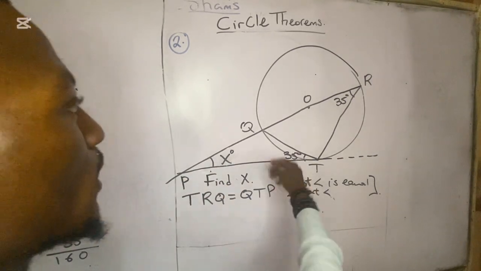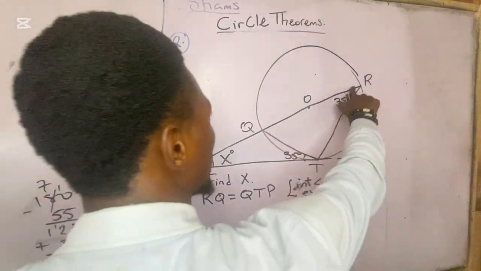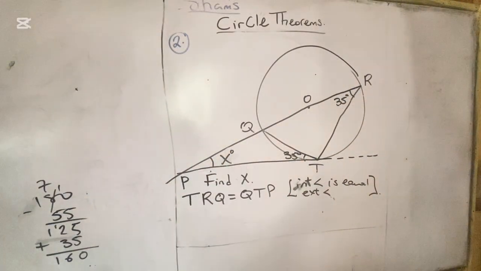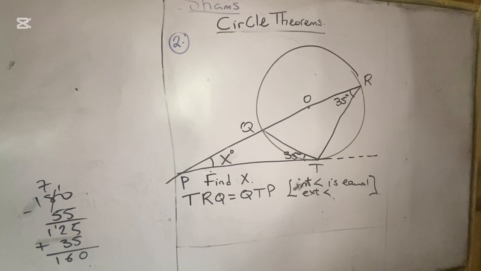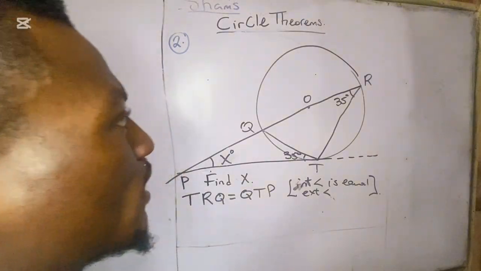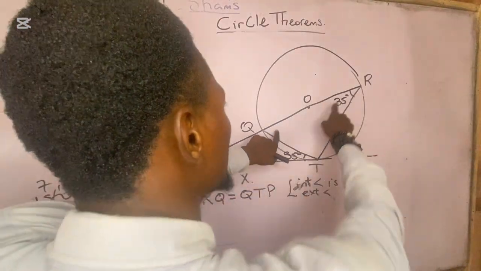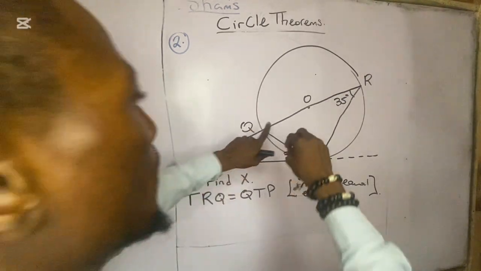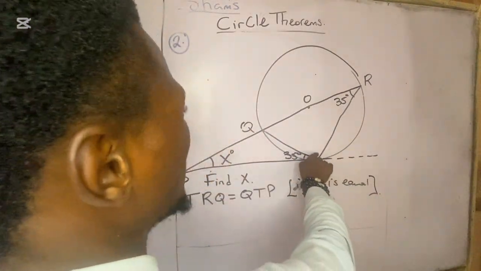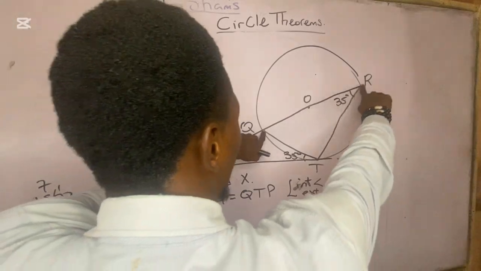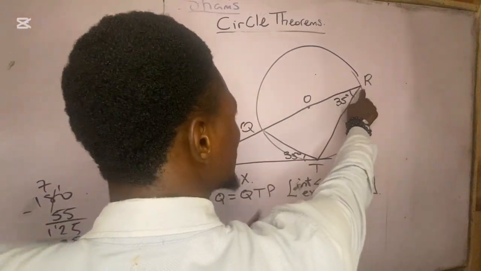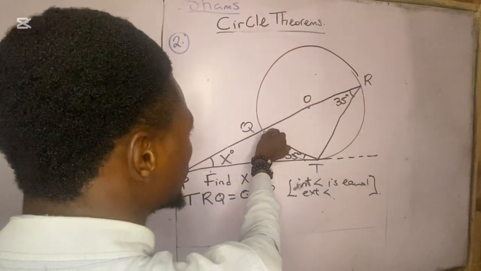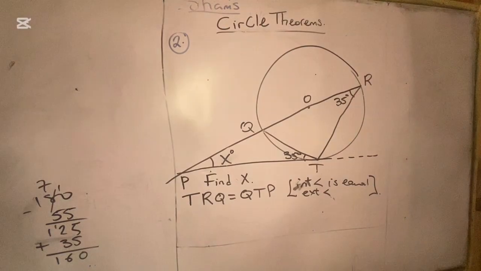Since I've gotten it here, the next thing you notice is that this is a semicircle. An angle in a semicircle is what? Is a right angle. And don't forget, it's the diameter we used to check. The diameter is not where the perpendicular angle is. The perpendicular is always formed at the circumference. Now this is the diameter, right? Now if here is 35, that means the sum of this place and the sum of this place must give us 90 degrees, which means you can say